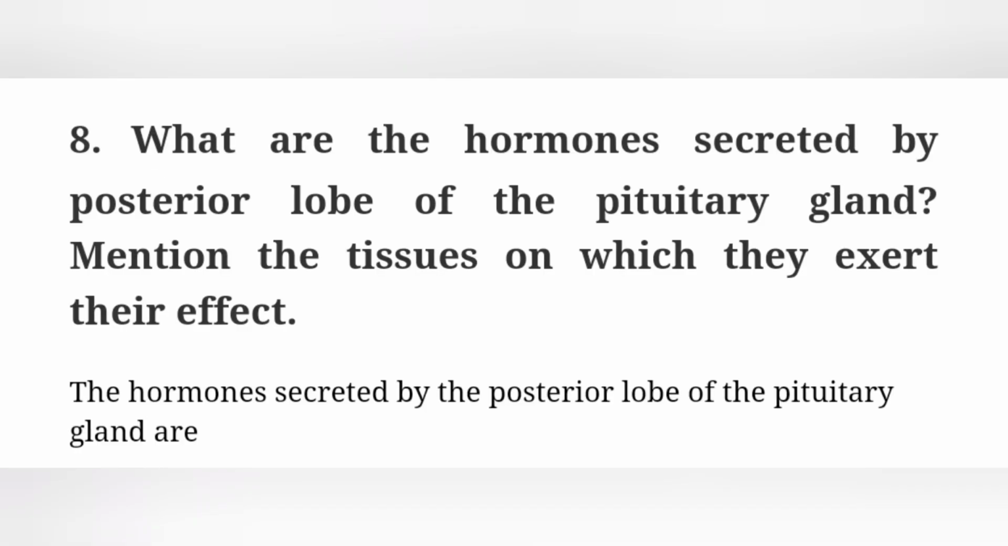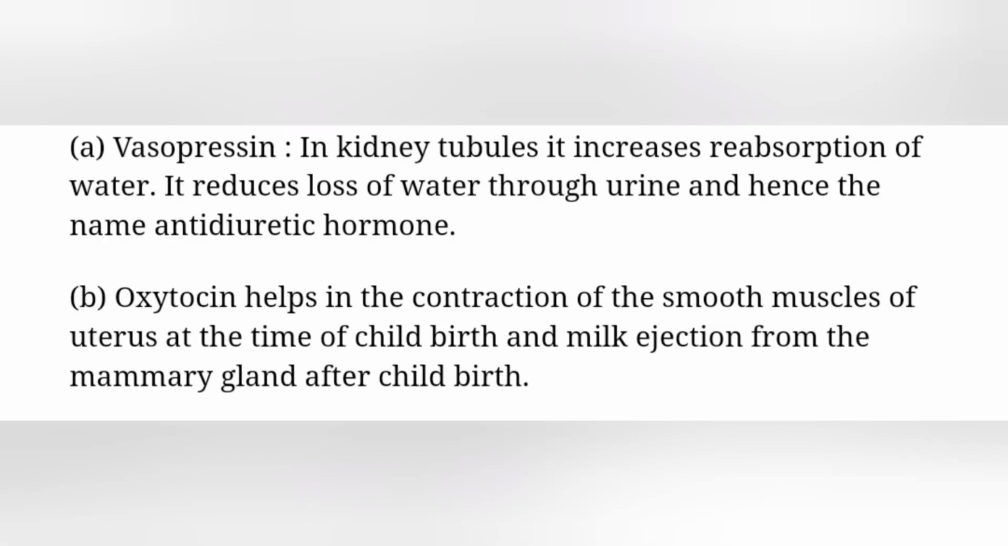Eighth question, what are the hormones secreted by the posterior lobe of the pituitary gland? Mention the tissues on which they exert their effect. Answer, the hormones secreted by the posterior lobe of the pituitary gland are, option A, vasopressin. In kidney tubules, it increases reabsorption of water. It reduces the loss of water through urine and hence the name